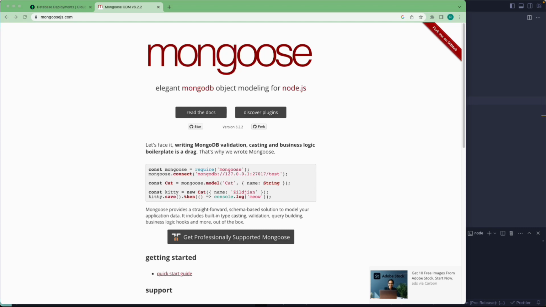We can easily create the schema and then the models, do the data validation, and write the queries and middlewares. All of those are easily provided with the help of Mongoose. So it is much easier and more productive to use Mongoose over here. Or else, if you don't prefer to use Mongoose, you can also directly make use of MongoDB itself. And in the coming lectures, we'll see how we can make use of Mongoose,